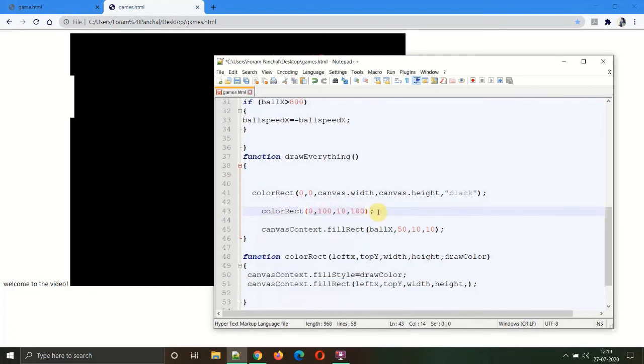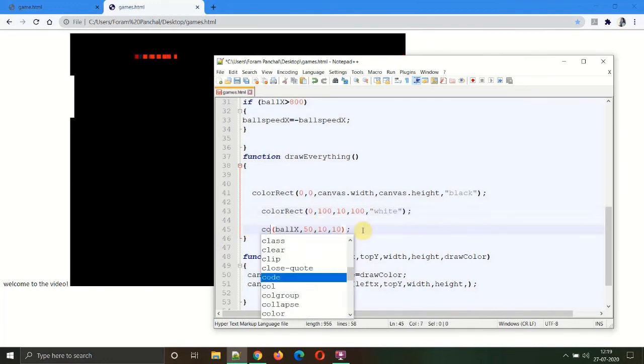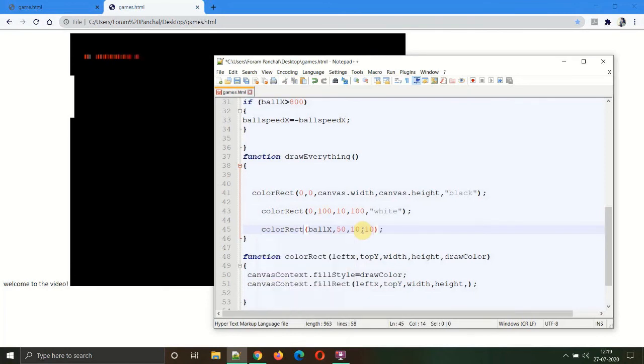So now there is just one line which is creating the shapes, comma, just add the color of the paddle, which is white, and the last one, color rect. Let's make the color of the ball red and save.